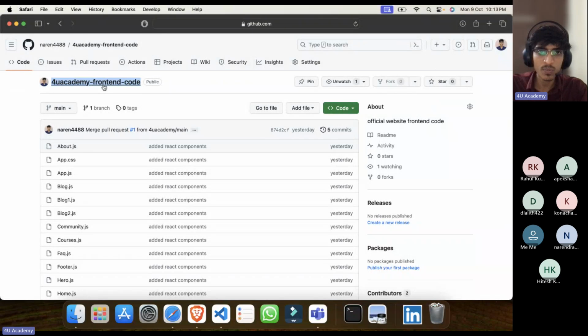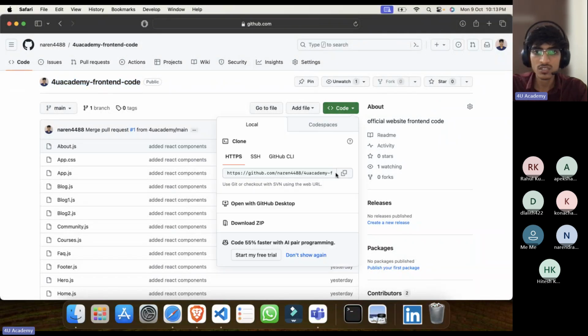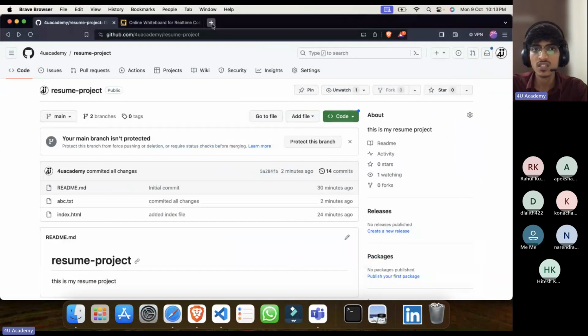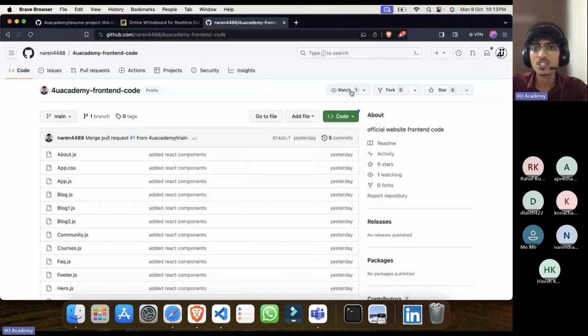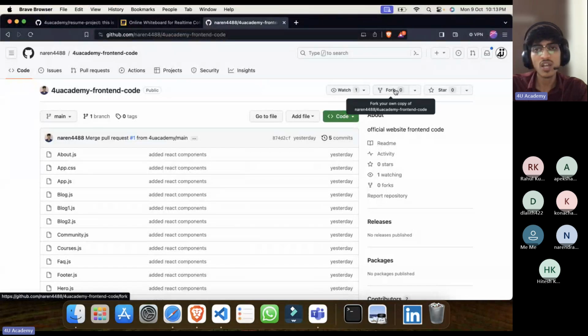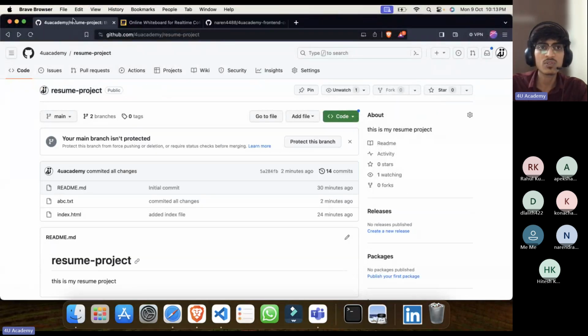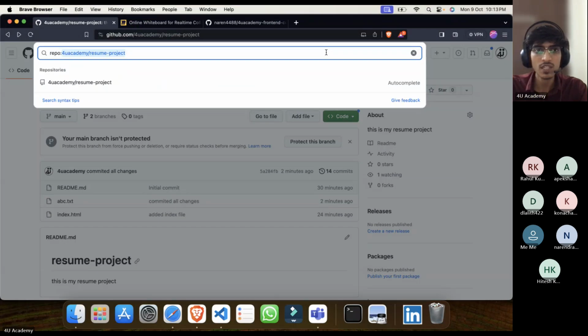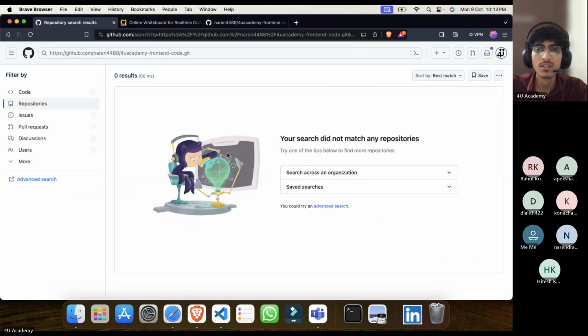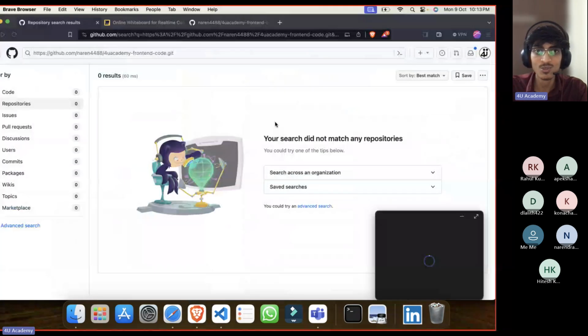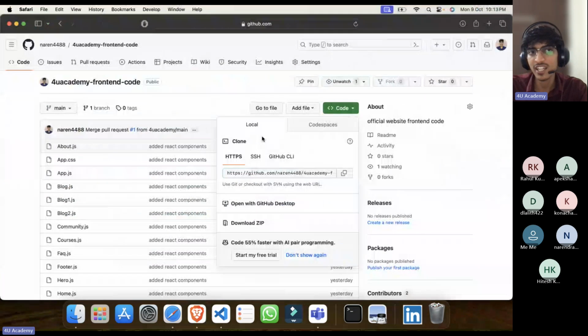If I share this URL with others, in this browser, which is a different GitHub, you will see the fork option. Or you can do the other way: search here, not through the URL but through the name.